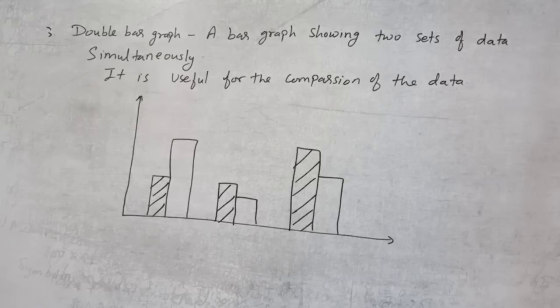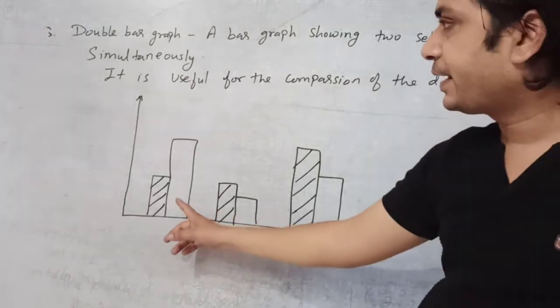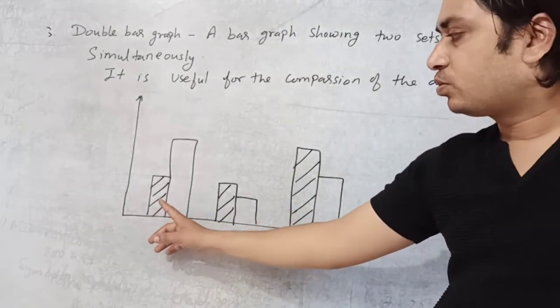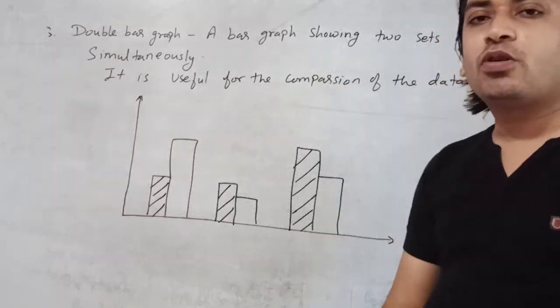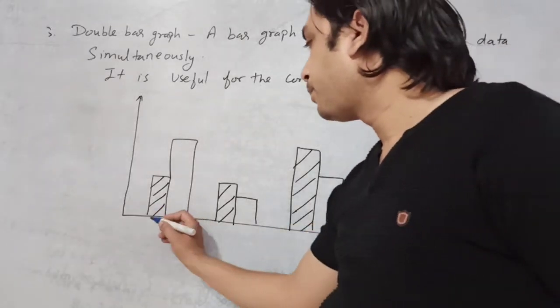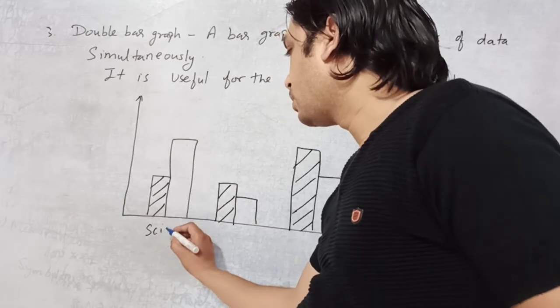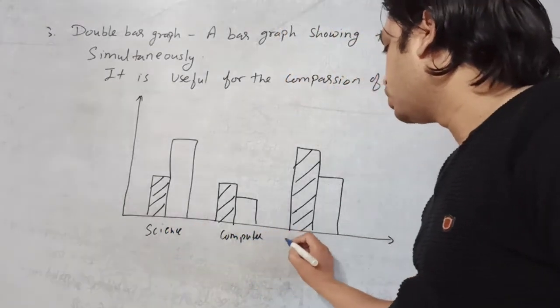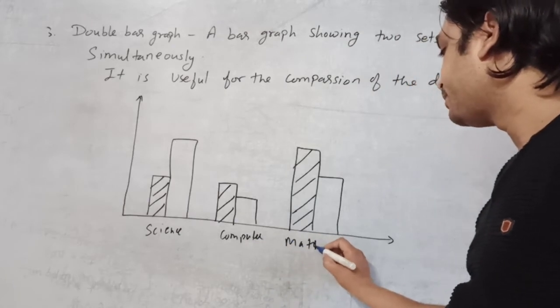Now the third one, the double bar graph. So this is the double bar graph. We are representing the double bar graph by showing two sets of bars. When we are showing the two sets of bars, suppose we are talking about the subjects, then this is our science,